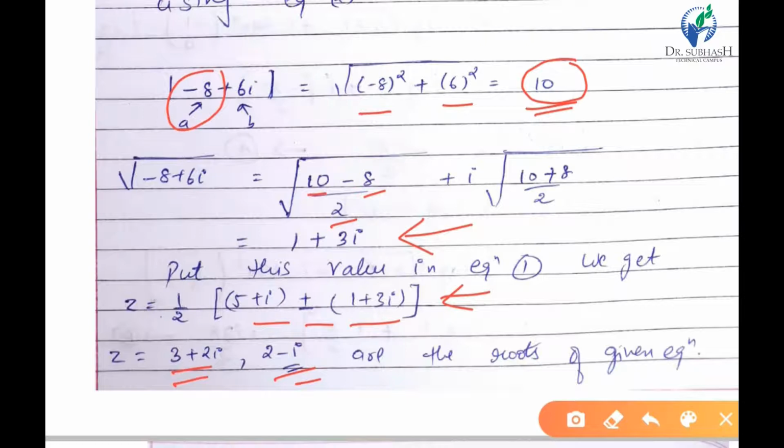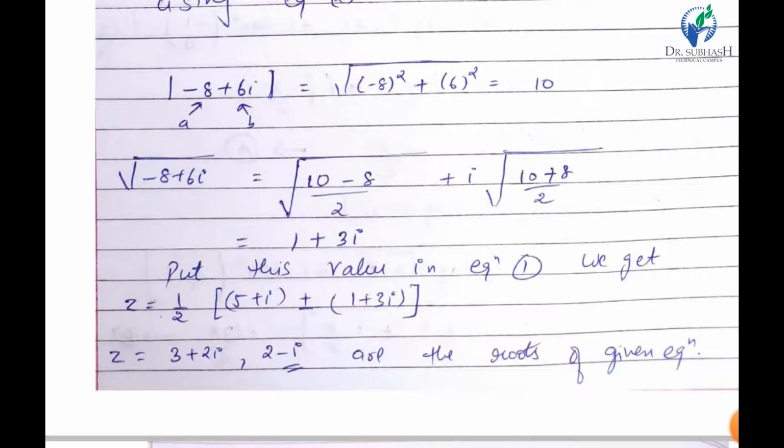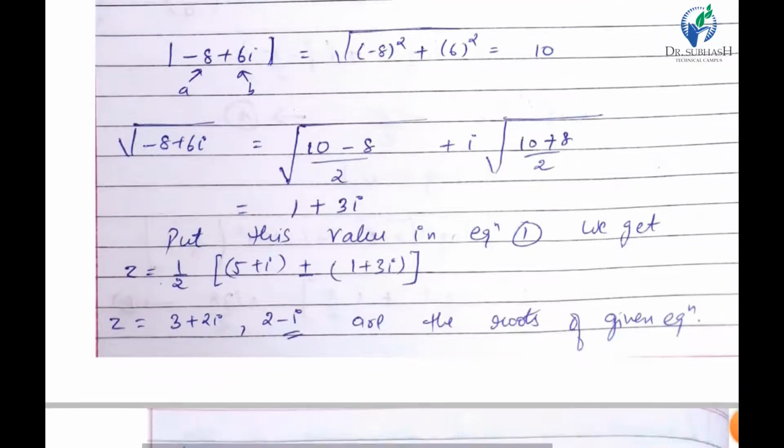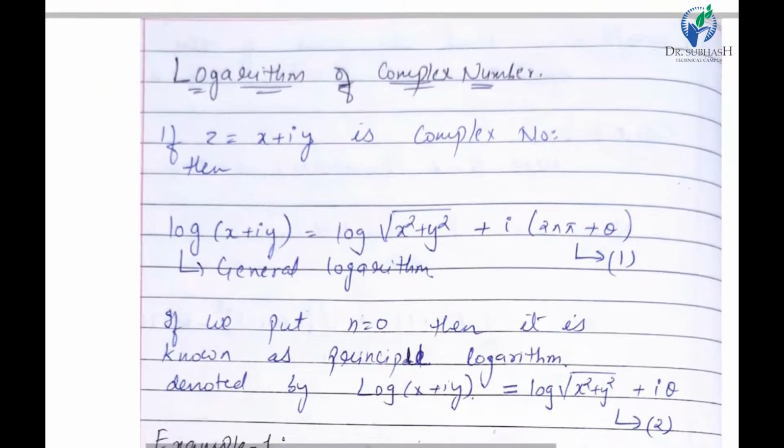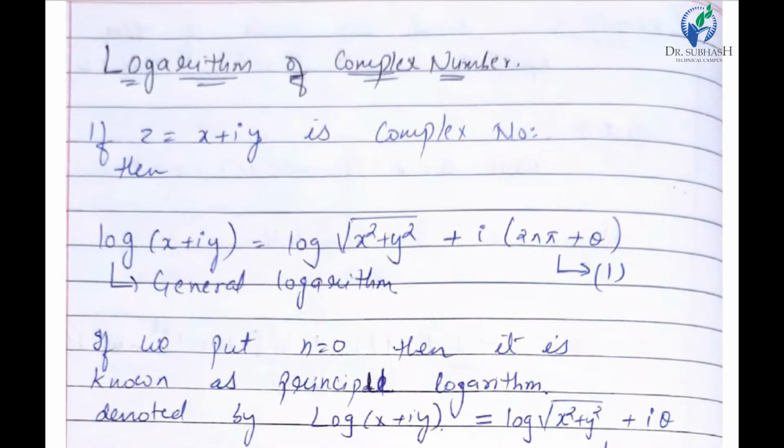Okay, so it is very simple. First we put the values of a, b and c in the equation of z equal to minus b plus or minus under root of b square minus 4ac upon 2a. We find the value of under root portion and we just take once the plus sign and second time we take minus sign, and then we get the roots of complex equation.